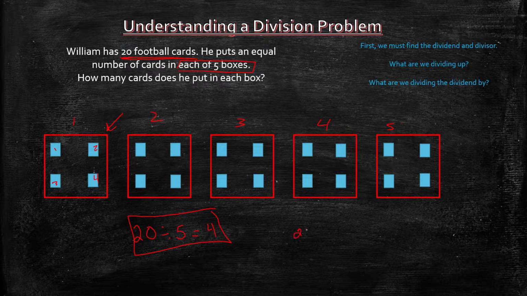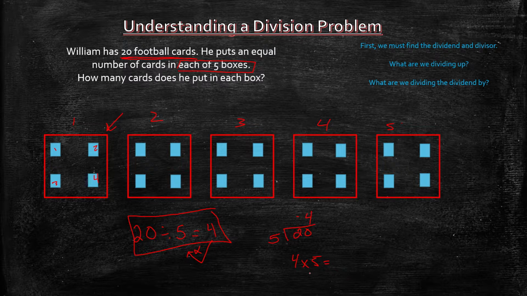Okay, you may also see it written as this. If the 20 cards were divided up by 5 boxes, 5 goes into 20, 4 times. Now there's a way to check your work. If you go backwards, okay, so what I mean by that, if you multiply 4 times 5,